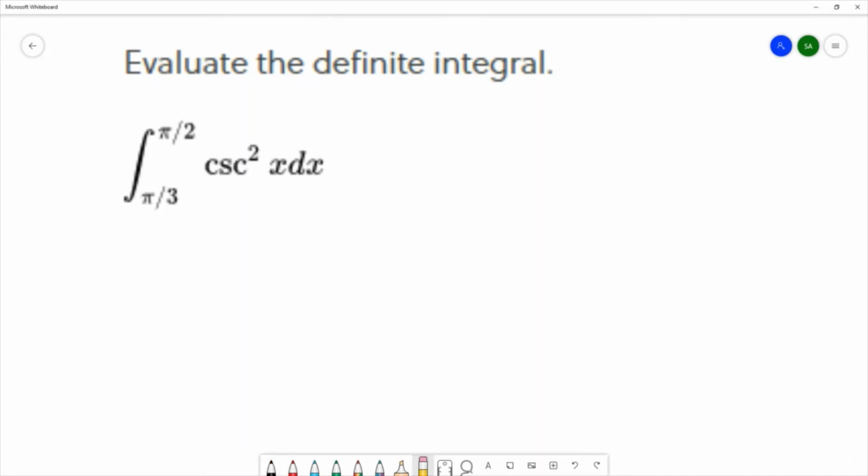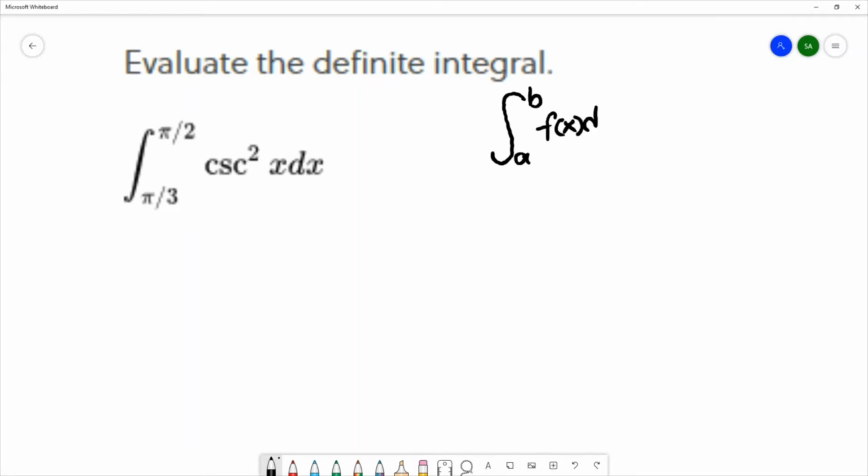In this question, we want to evaluate the definite integral. And that definite integral is from pi over 3 to pi over 2 of cosecant squared x. So since we have a definite integral, we're going to use the fundamental theorem of calculus. And the fundamental theorem of calculus says if you have a definite integral from a to b of f of